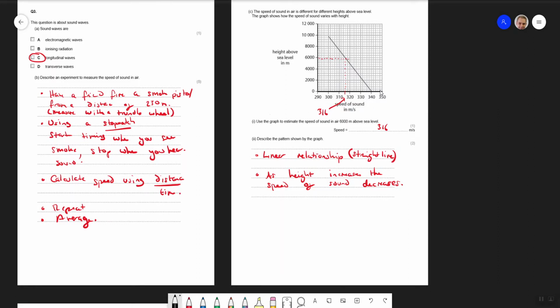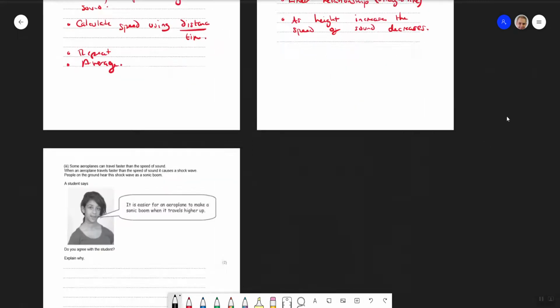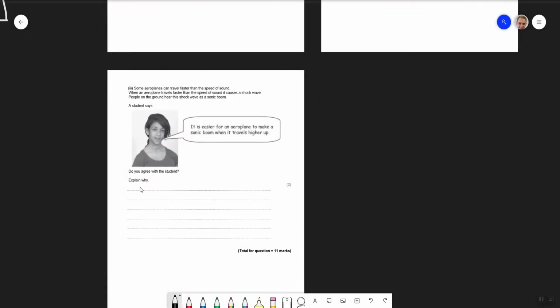If you're higher up, the speed of sound is less. If you're at 10,000 meters above sea level, you've got to travel at over 300 meters per second. If you're at 6,000, you've got to travel 16 meters per second faster. So my answer is, in this case, I agree, yes, and then it's because